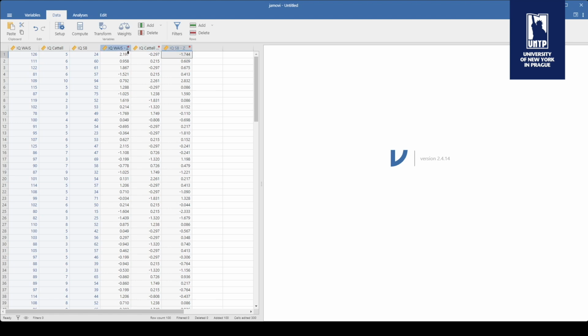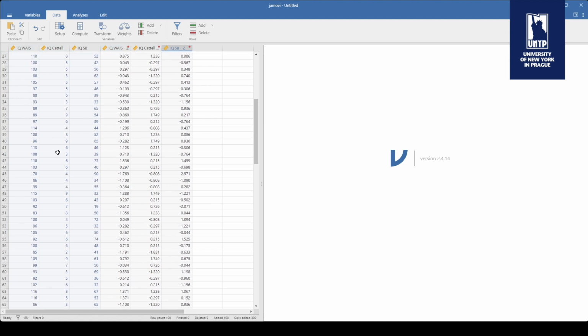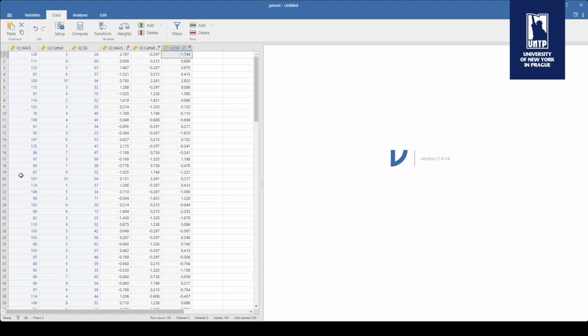transform it for you. Now, after we created these z-scores, we want to see, among these participants, in total 100 participants, who has the highest composite z-score, or highest composite IQ. Because as you can see, for instance, this participant over here had a pretty high Wechsler IQ, but had a quite lower, below the mean, Cattell and Stanford Binet. So of course, by giving all these people 3 different IQs, we want to check who has the highest in total. We cannot simply sum these numbers because it would not give us something very reliable,